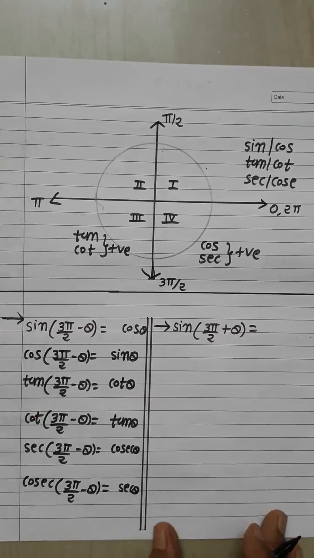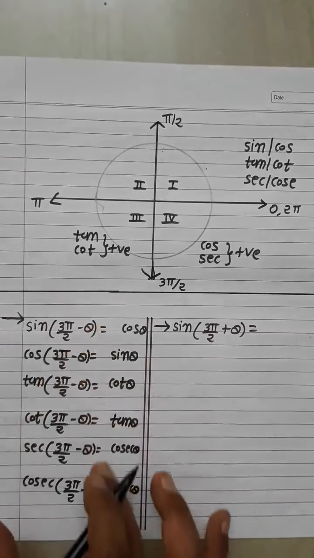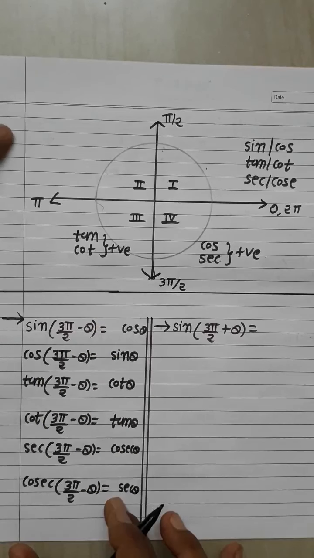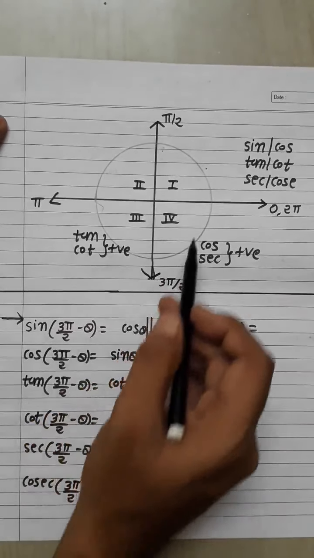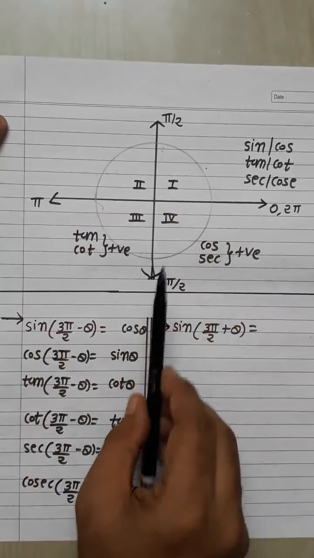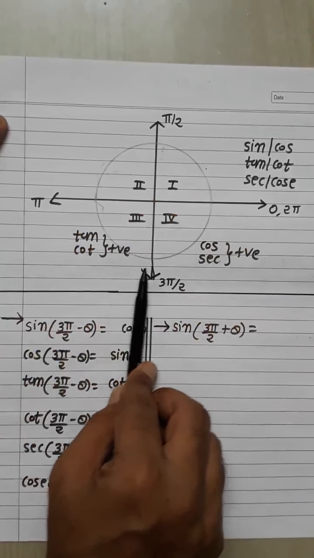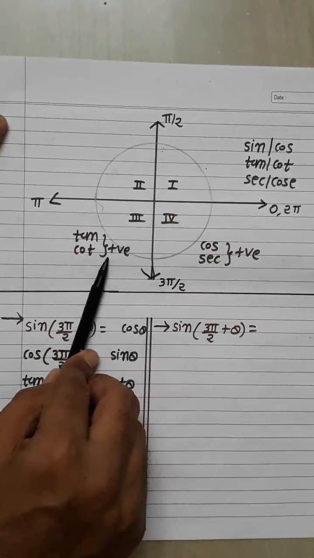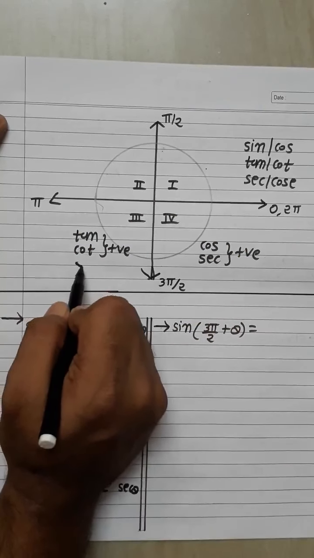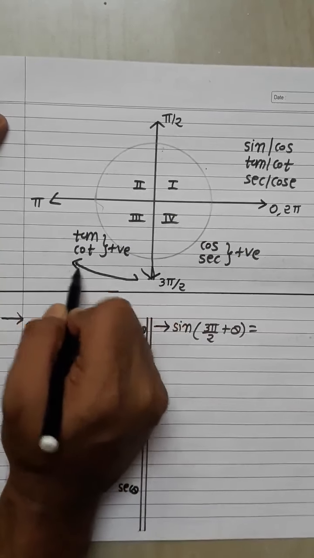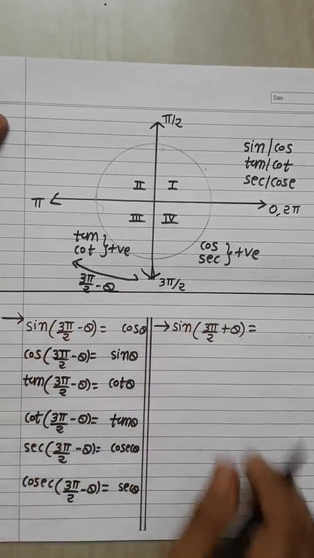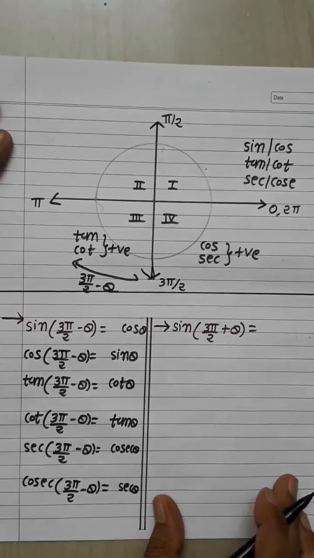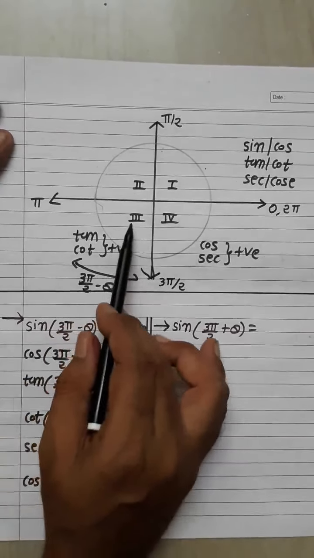Now after that, decide which value has a positive sign and which has a negative sign. So the same process is present here. First, 3π/2 minus θ. Our circle is moving anti-clockwise, 3π/2 is present here, and 3π/2 minus means this value is present in the third quadrant. So here we can write 3π/2 minus θ. So this value is present in the third quadrant.